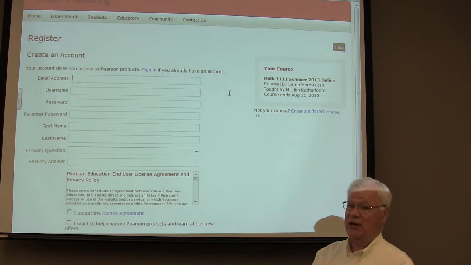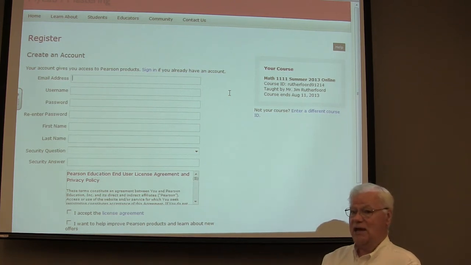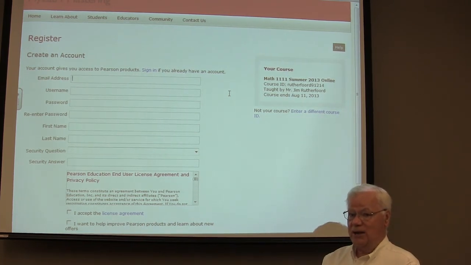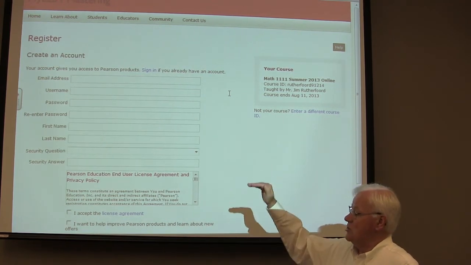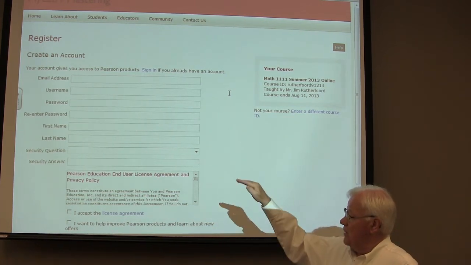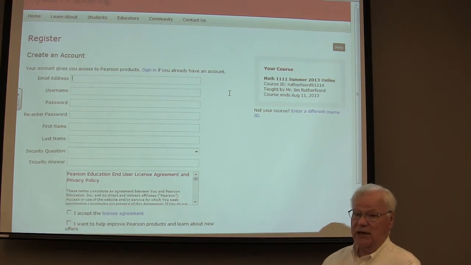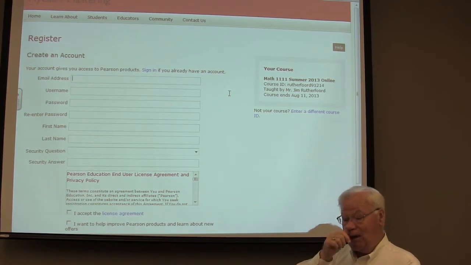Now that's important that you use a first name and last name that's the same as your banner first name, last name. This sometimes becomes an issue when somebody gets married and hasn't changed their name. So make sure that you're using your banner names. Security question, security answer, and then accept the license agreement, and then it'll go on to where you can register